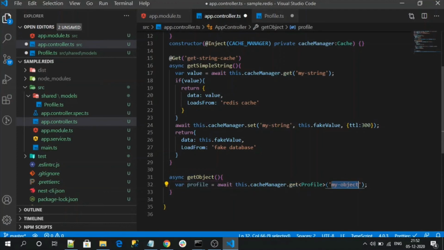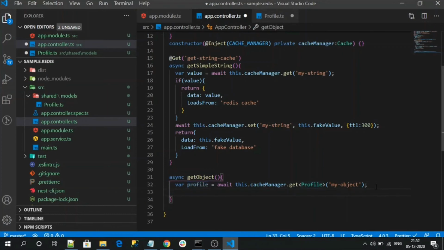If the data is there, it fetches it and typecasts it to a Profile object and assigns it to our profile variable. That means the object is not saved as it is into the Redis store. It should be stored as a string only. So these cache manager methods are implemented in such a way that they are compatible with complex object types very easily. So here we are getting the profile.